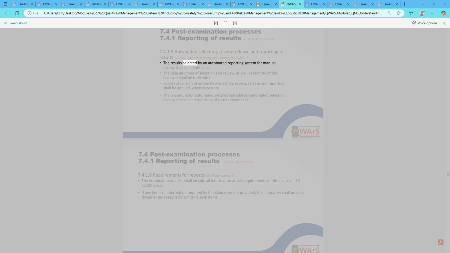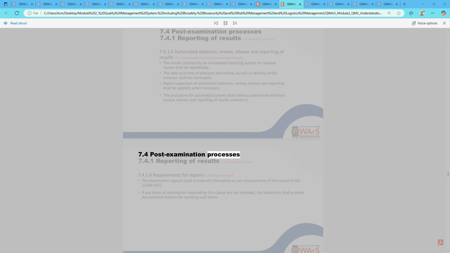The results selected by an automated reporting system for manual review shall be identifiable. The date and time of selection and review, as well as identity of the reviewer, shall be retrievable. Rapid suspension of automated selection, review, release, and reporting shall be applied when necessary. The procedure for automated systems shall address automated selection, review, release, and reporting of results covered in